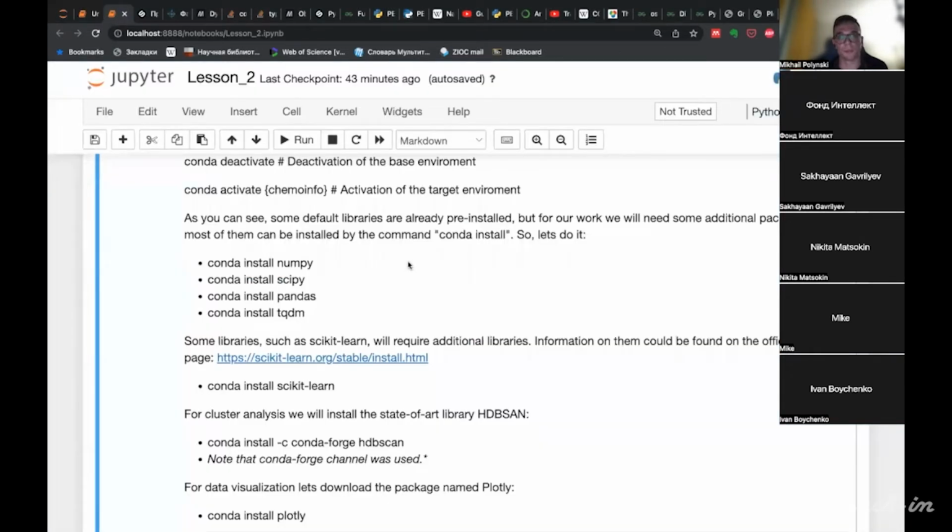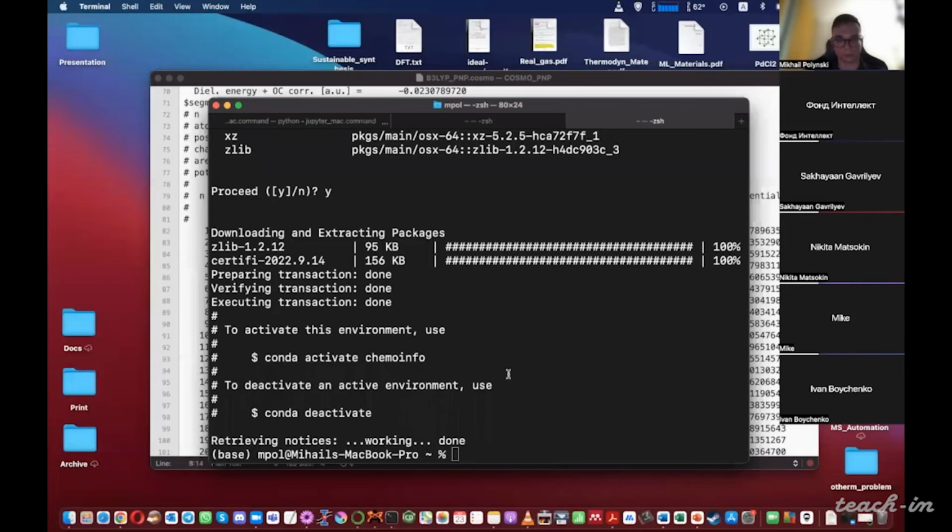So after the install, you can see several suggested commands that allow you to switch between Conda environments. For example, now I'm in the base environment that is installed by default.